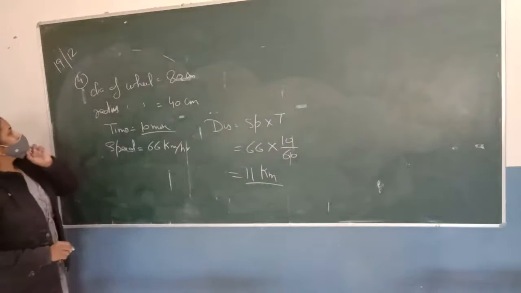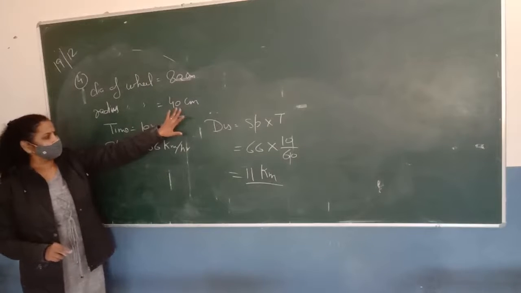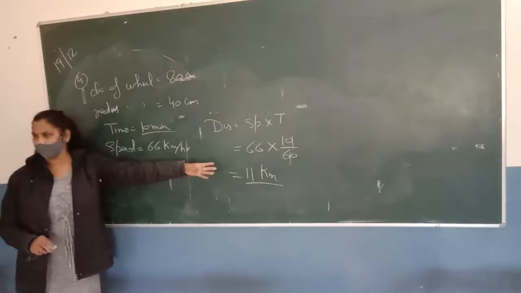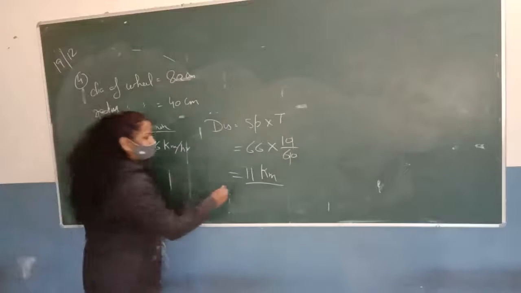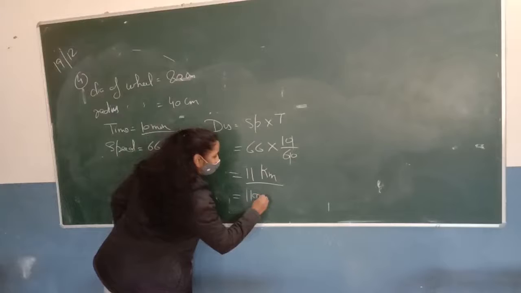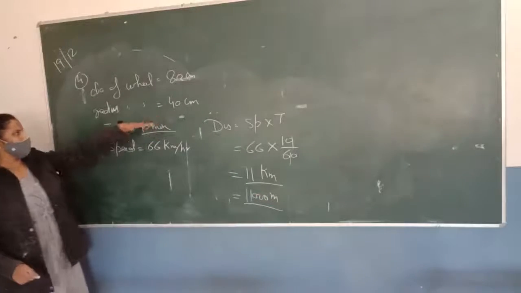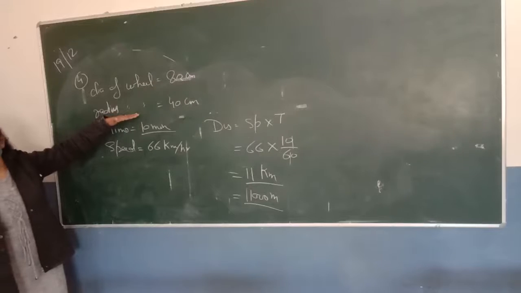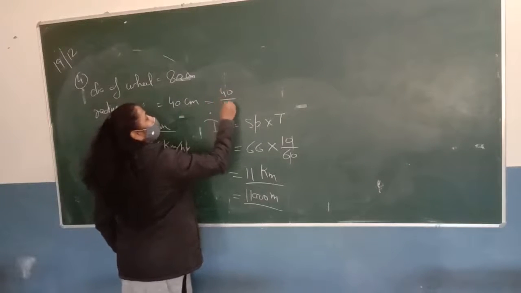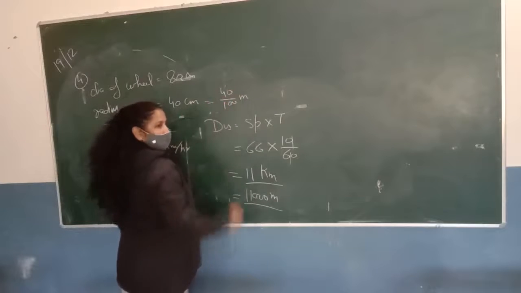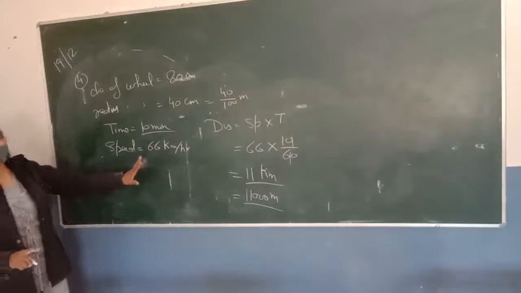Okay? Now the radius of the circle is in centimeter. So it will be convenient to convert it into meter, so that both terms are in meter. I think distance should be converted into meter. It will be 11,000 meter. And the radius of the circle also has to be converted into meter. So it will be 40 upon 100 meter. It's very important in physics and maths that units are really very important.